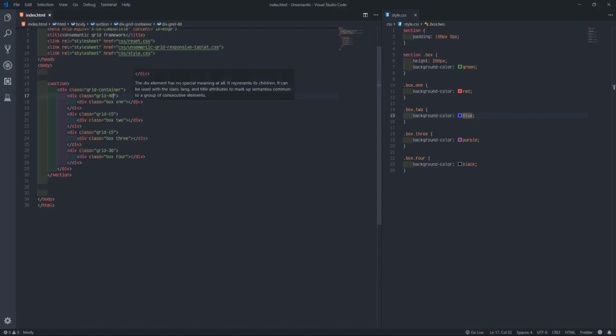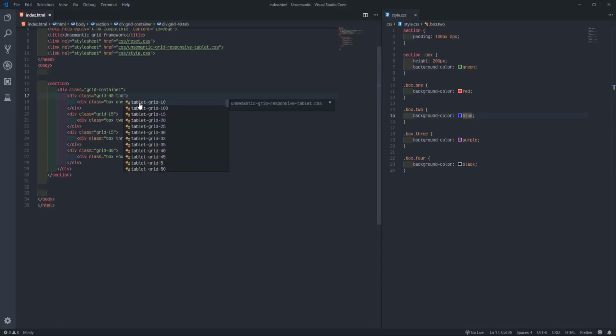What if we do now? If we go in now, we say tablet grid 100. You see, tablet grid 100. So the moment you say tablet grid 100, if you come to this one I will say tablet, make it like 50, more, make it like 40. Tablet grid 40.